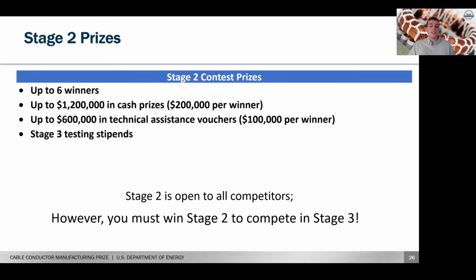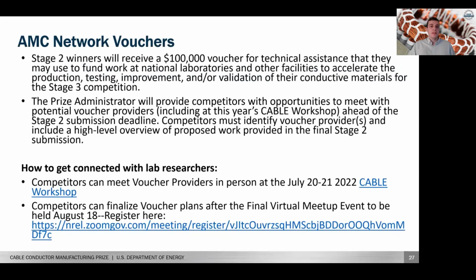Speaking of vouchers and testing, next slide, please. In Stage 2, for the first time, CABLE Prize competitors can take full advantage of the AMC network that Emily described by signing up for vouchers. Stage 2 winners will receive a $100,000 voucher for technical assistance that they may use to fund work at national laboratories and other facilities to accelerate the production, testing, improvement, and/or validation of their conductive materials for the Stage 3